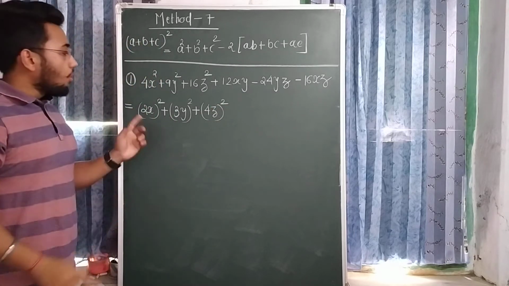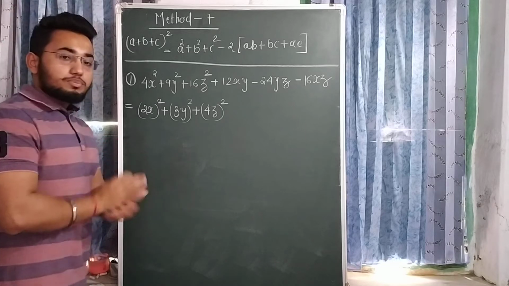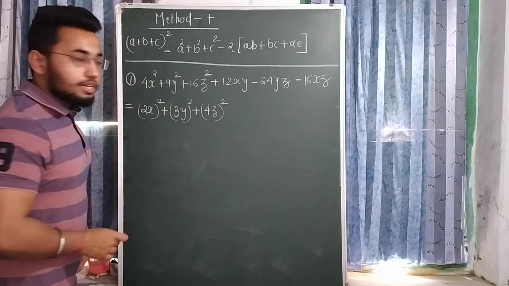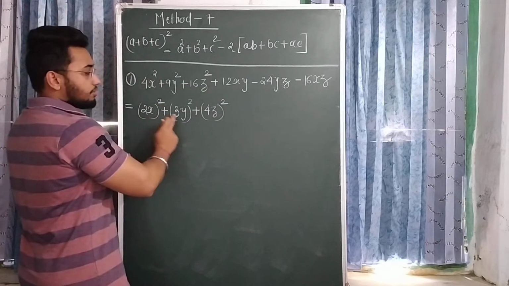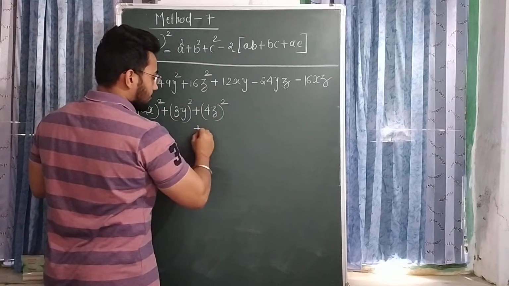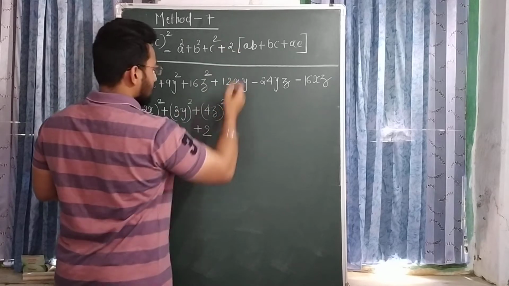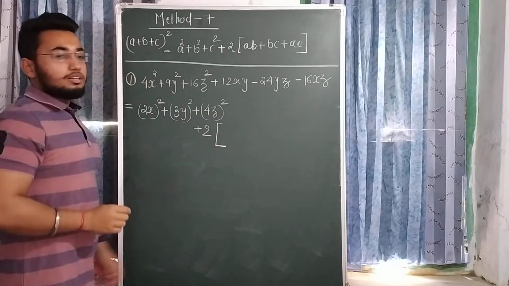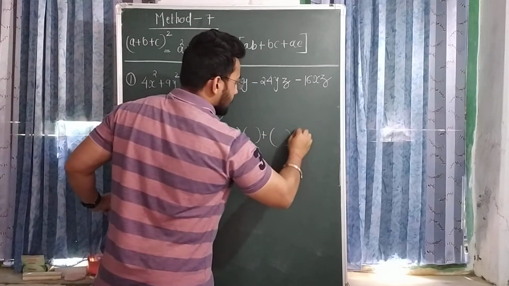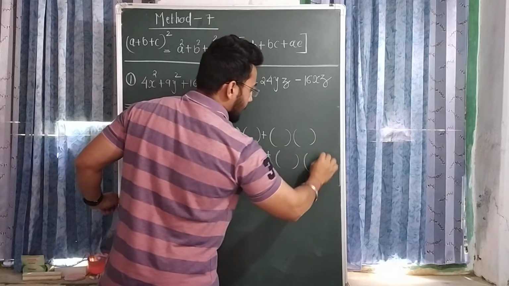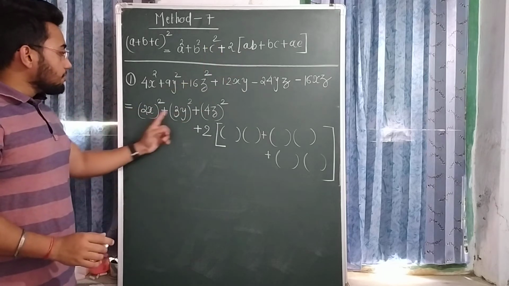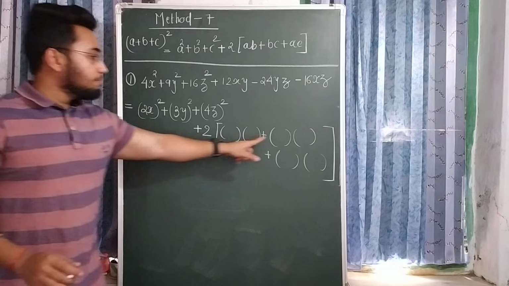First of all I am taking all the numbers positive. Okay, देखो सबसे पहले सारे के सारे numbers को आपको positive ले लेना है. Then after according to this we just have to apply here signs. A square plus b square plus c square. Okay, I already formed. Now minus 2. Actually here will be plus 2. Now what is this? ab plus bc plus ac. I create this form actually: a square plus b square plus c square plus 2 in bracket ab plus bc plus ac.